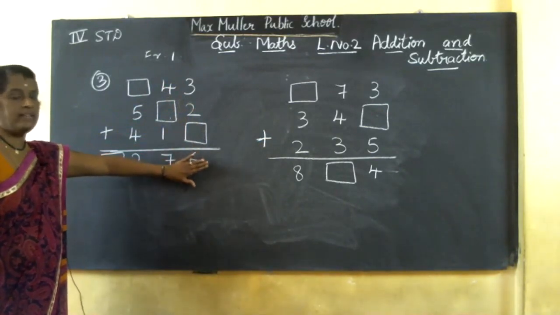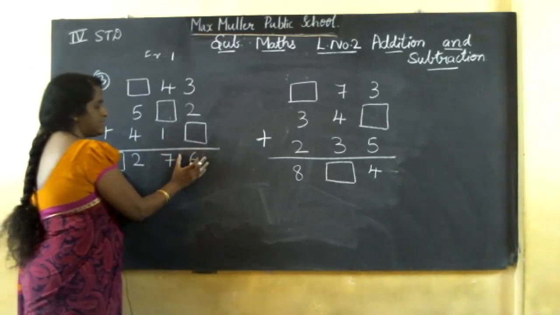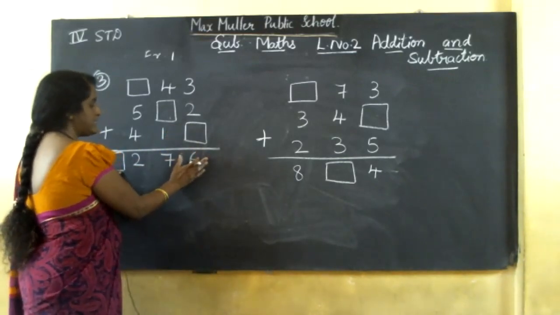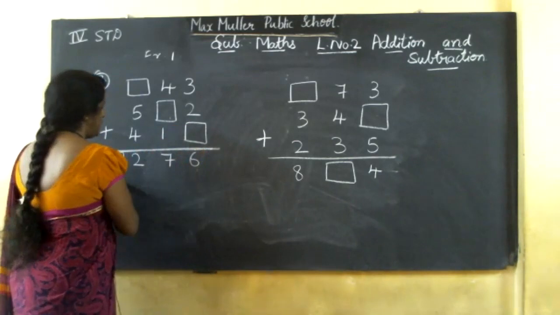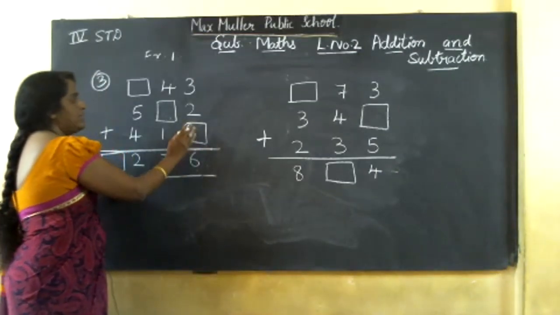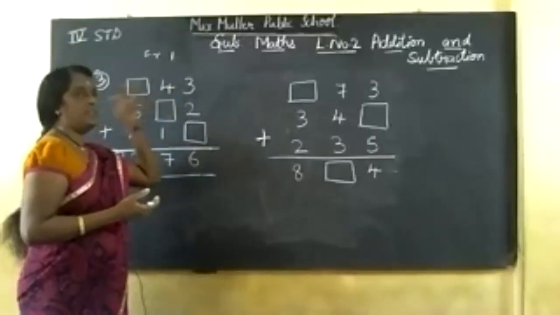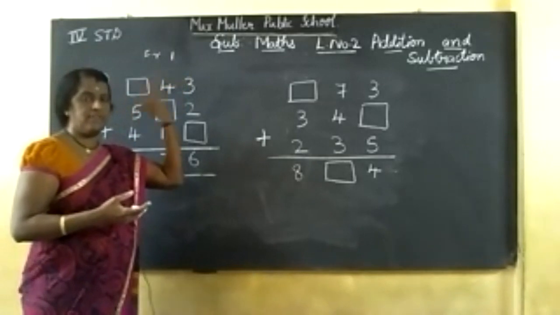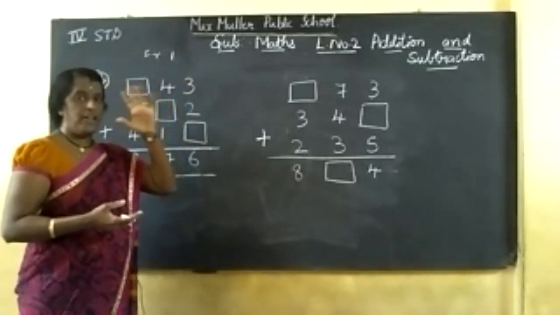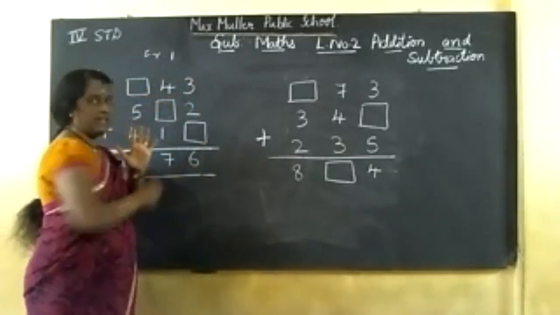Sum means find the sum. See, the answer should come here. So your answer is 6. Answer is 6. See, this is the answer. Okay, so if the answer is 6 here, in the box, what number will you write? What will you add there? See, 3 in the mind, 2 on my finger. After 3, 4, 5. 5 it came.